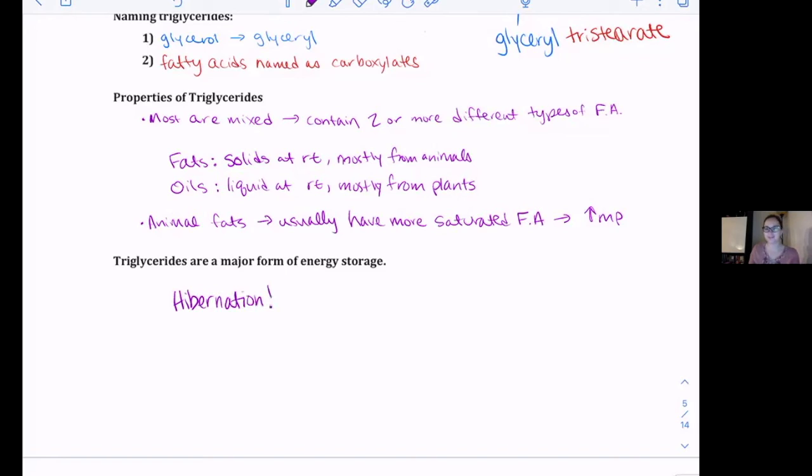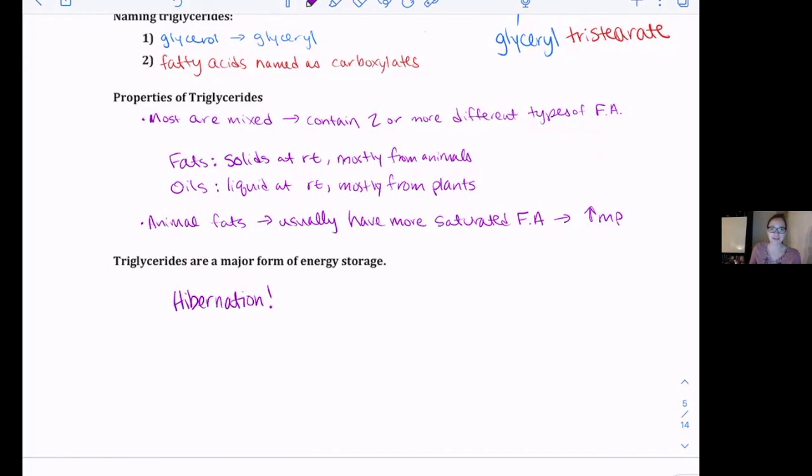So for bears, for example, I really like bears. My undergrad mascot, we were the Bears, and I was super involved in sports and technically the spirit team at our university. And so I love bears, and we talk about hibernation all the time at my undergrad. But